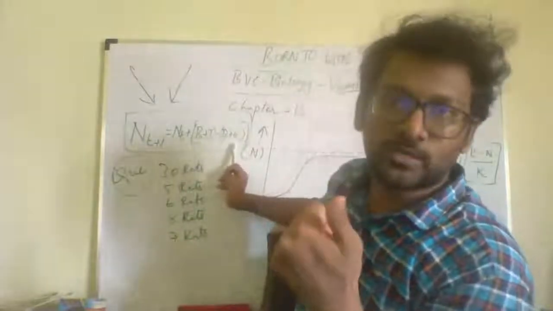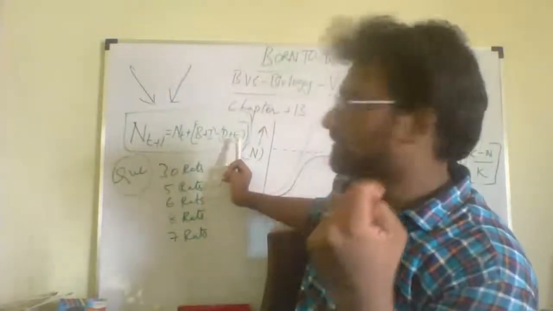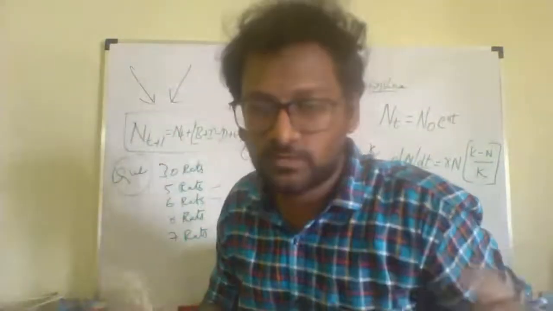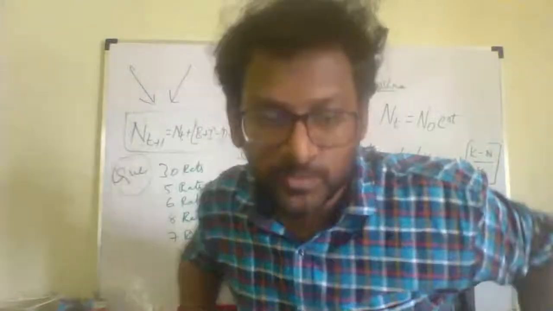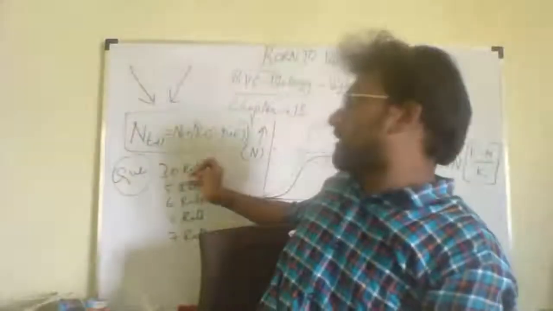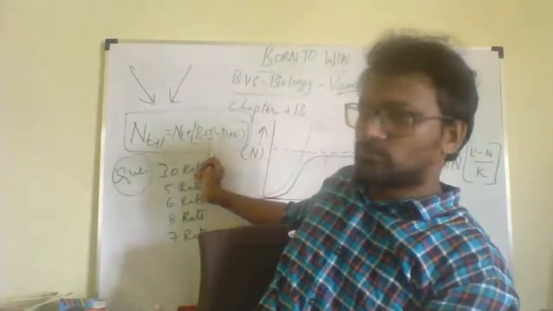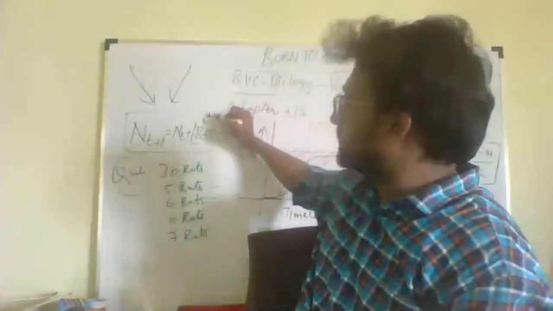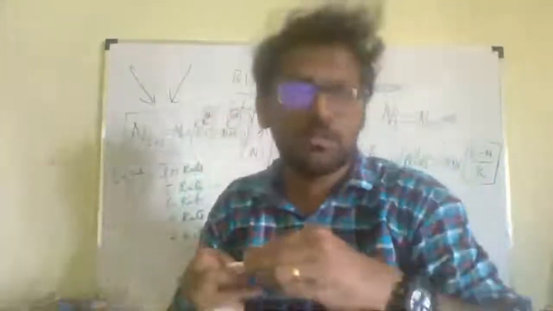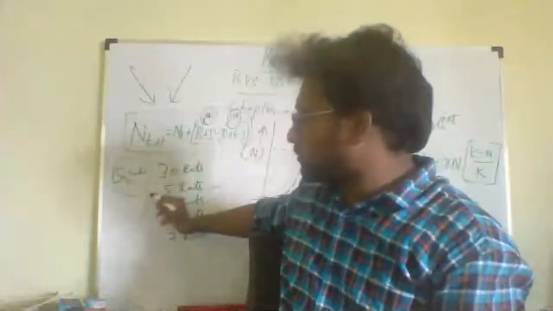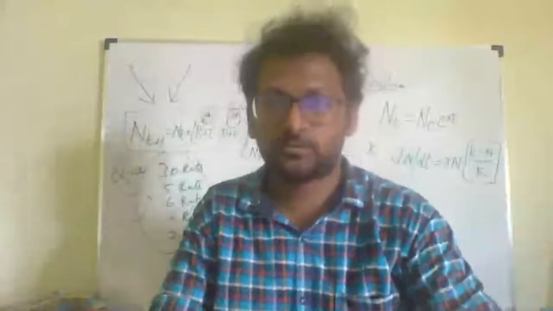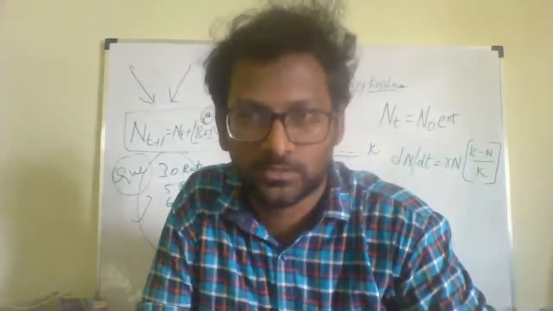But D is mortality, it means death rate, death. And E is emigration, someone is going out of the population. So obviously the density would be affected negatively. So these are the two factors here. Two factors would affect positively, and two factors would affect negatively. That you need to focus on. So based upon that, we will try to do one sum at the end of the lesson as well. Okay, we'll try to finish this lesson also.